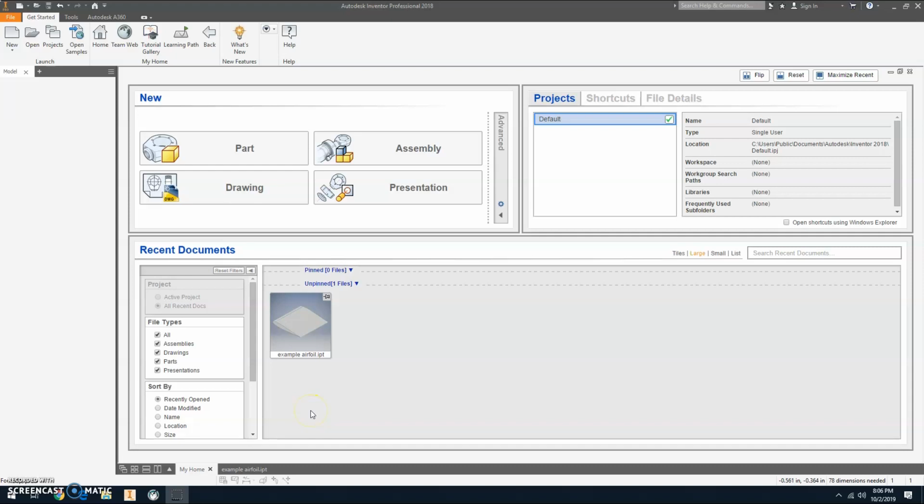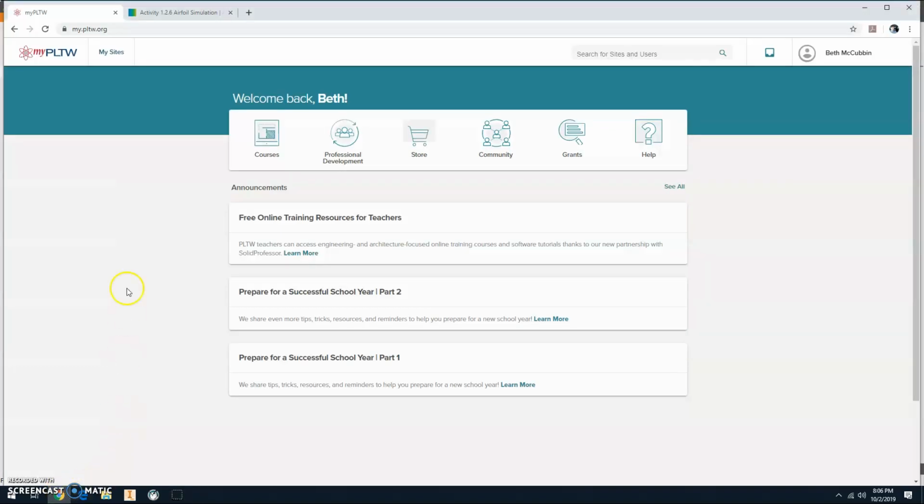Hello, class. Today we're going to learn how to make an airfoil on the computer in 3D. And if we can make it on the computer in 3D, guess what you can do with it? That's right, you can 3D print it. So let's get started. So the first thing we need to do is go to